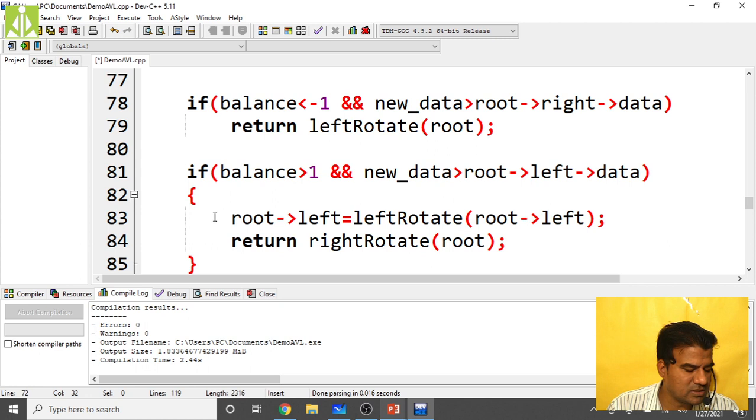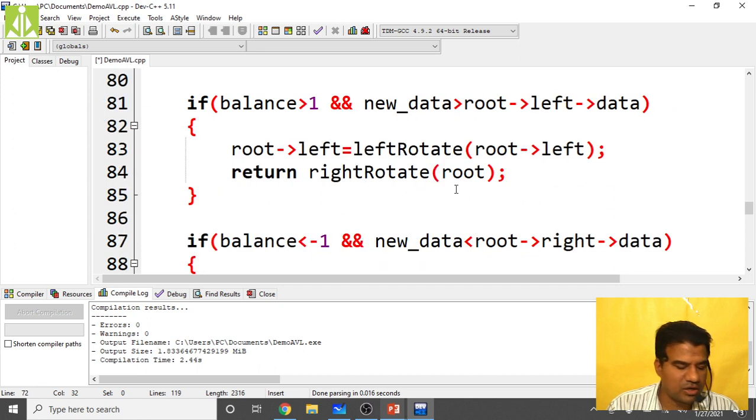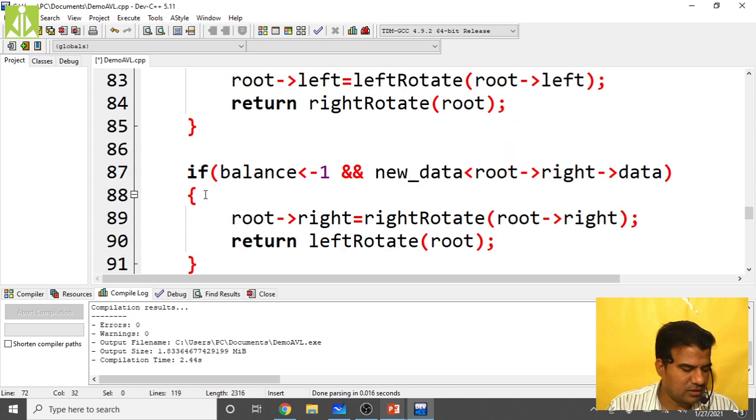And this is the left right rotation. If balance is greater than 1 and new data is greater than root left of data, in this case we perform left right. First you perform root of left equals left rotate of root of left, then return right rotate of root. Then the last case, that is the right left case.